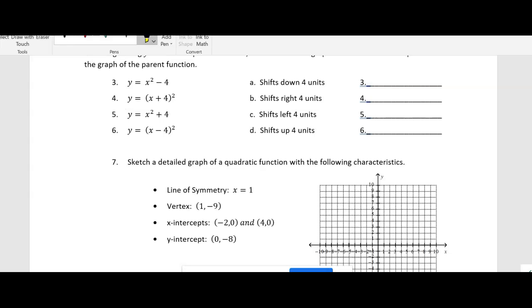And then let's see what we got. So here's your square term in number 3. And outside of the square term, we subtracted 4. So if we put at the very end a minus 4,